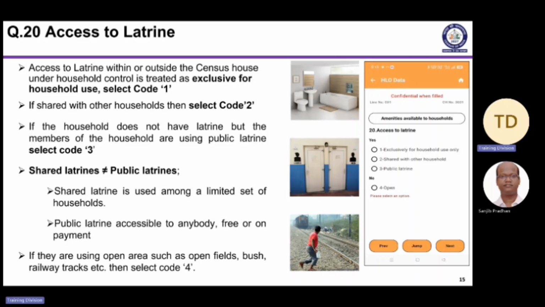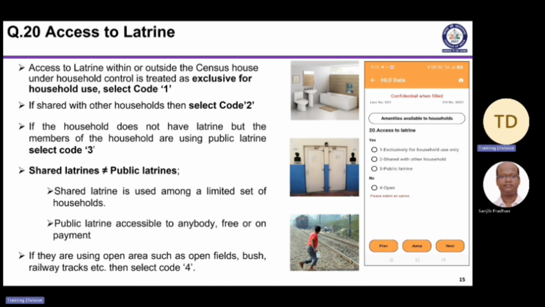So when funds are given to the household for building the latrine, they have access. Now, whether they are using it or not, that is not the job of the census organization to ascertain. We have to substantiate our data with the administrative data. If tomorrow, as sir was saying, some villages are declared ODF, like in many states, there would be a certain number of villages which are ODF. And afterwards, if the data shows that these many villages still have open defecation, then the census data will be under scrutiny.